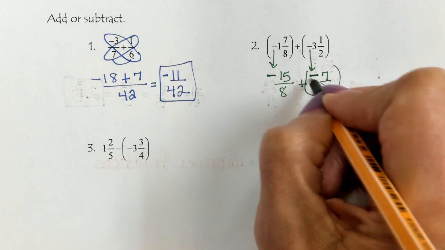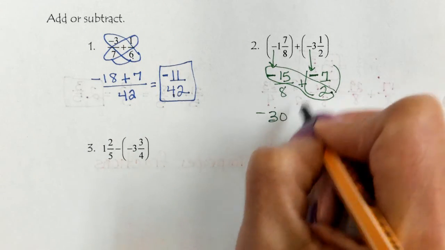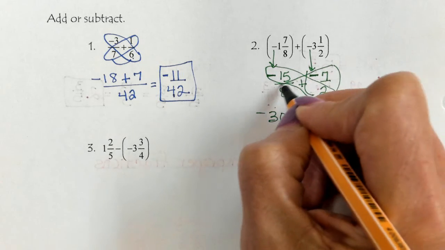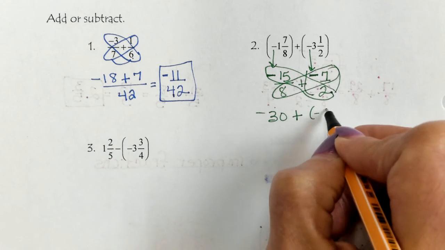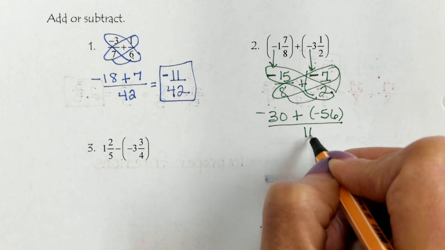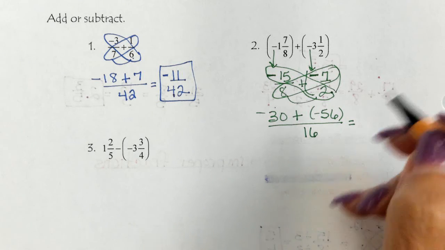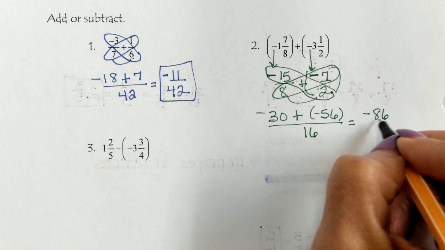Then we're going to cross multiply. -15 times 2, that's -30. Bring down your plus sign. 8 times -7, -56. And then 8 times 2 for my denominator is 16. Then I'm going to add the top. I have a negative plus a negative, so I add and keep the sign. So that's -86